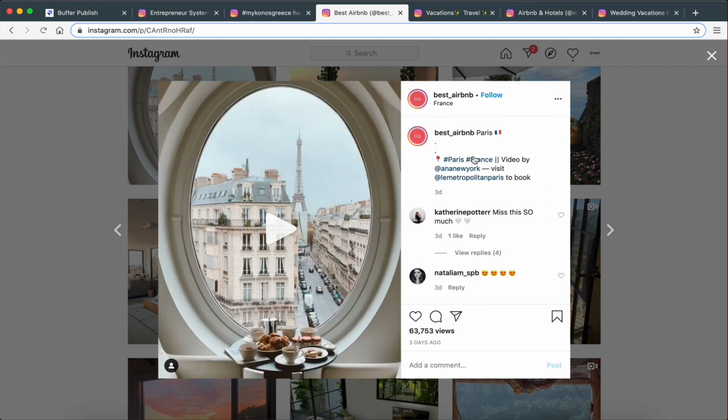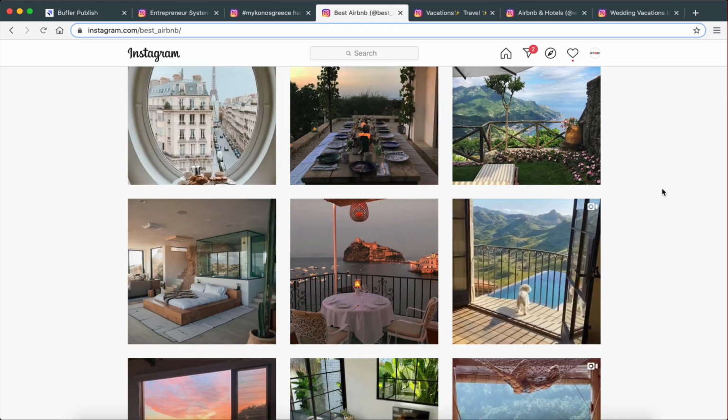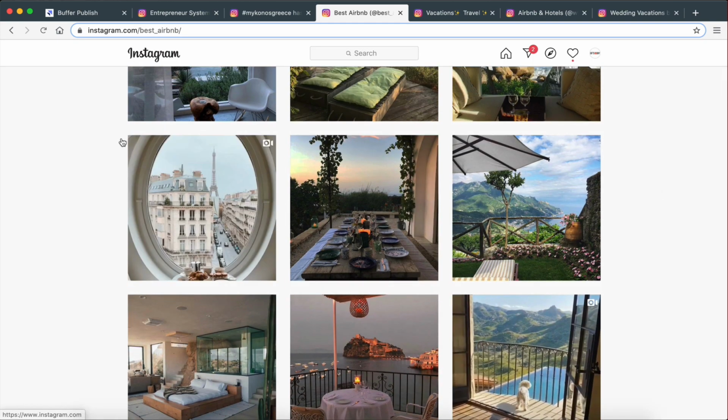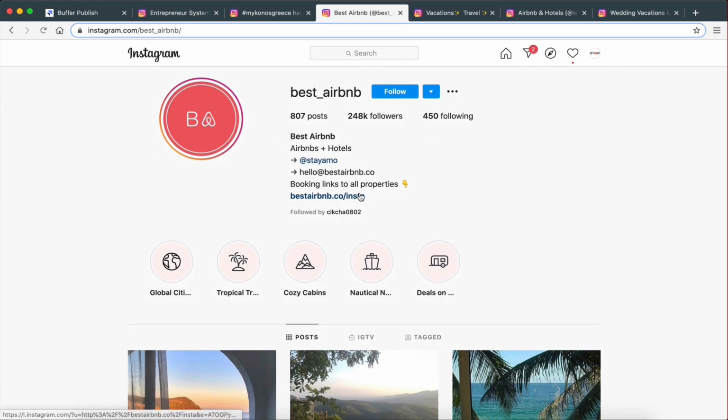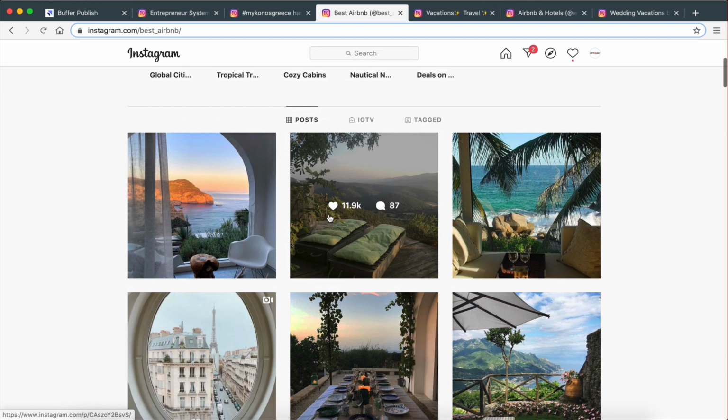And then if we go to the description here, as you can see, it says visit this person's page to book the property. But in your example, because you have an affiliate app, you would actually say visit our app or check out our app in the bio to book this property, right? So if this was a picture of an actual property that you have on your app, people would visit your app in the bio, find that property and then maybe